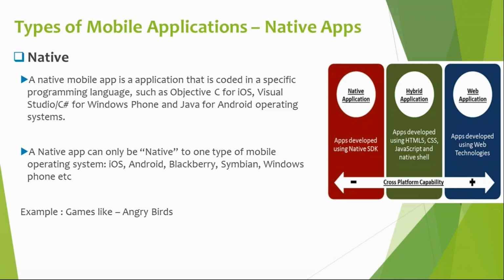Example, Angry Birds, a game which is installed in your mobile. After playing your game, you can connect to internet, then upload your score to the Angry Birds forum, or the Temple Run forum, whatever it is. These are applications which are lying in the device, which don't require internet connection, but still you can play all the game levels, or you can take snaps like this. These applications are called native applications. Clear?